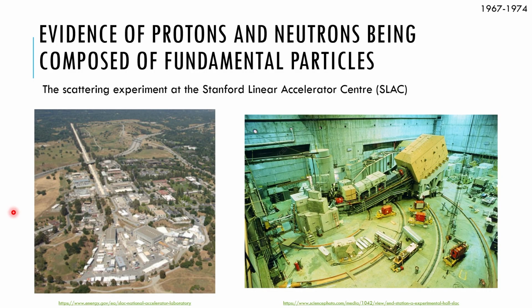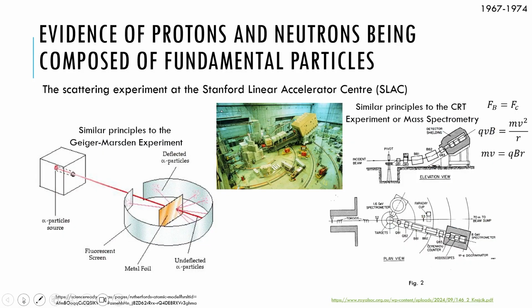So this accelerator has quite a long linear track through which a particle can accelerate. It then gets deflected for many experiments into this building here. And this here is the inside of that building. From here, the particle is able to pass through into this detector. And the detector can be swiveled along this track to take readings of particles that move in all sorts of directions radially. So let's have a look at some of the schematics to get a better understanding of how this experiment works.